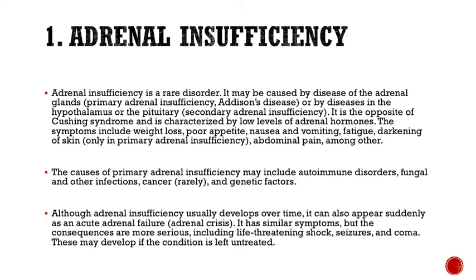The symptoms include weight loss, poor appetite, nausea, vomiting, fatigue, darkening of skin, only in primary adrenal insufficiency, and abdominal pain, among others. The causes of primary adrenal insufficiency may include autoimmune disorders, fungal and other infections, cancer, and genetic